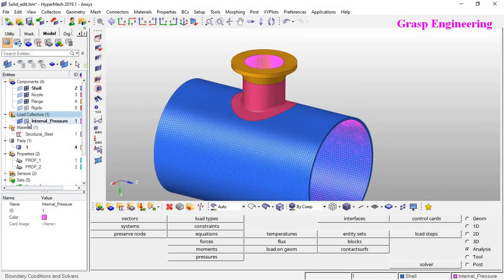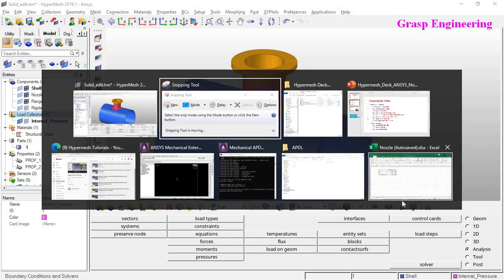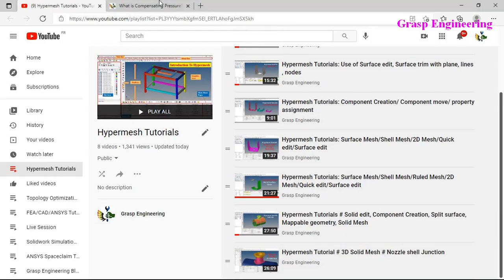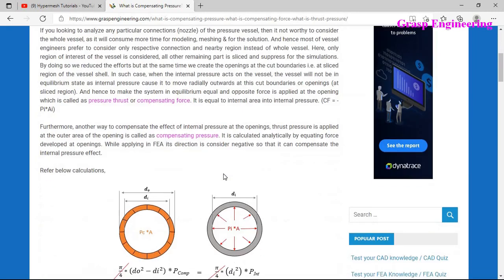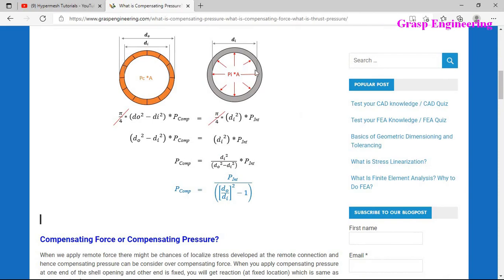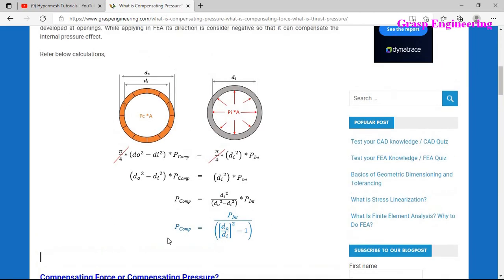Now the next step is to apply the compensating pressure. Why we need to apply compensating pressure, and all these things we already covered in our respective blog. If you like, go to www.graspengineering.com, where you will find the need of compensating pressure, what thrust pressure is, and the analytical equation, how we form it.